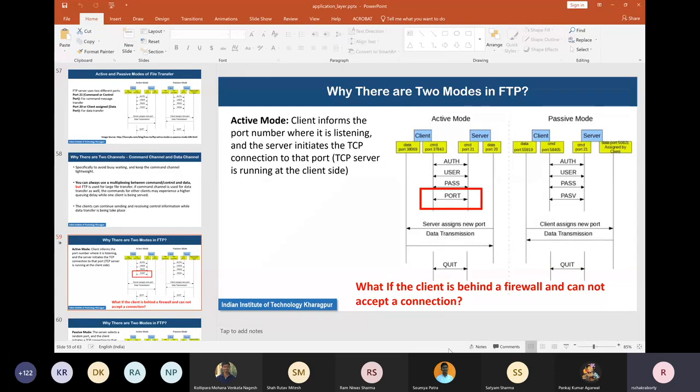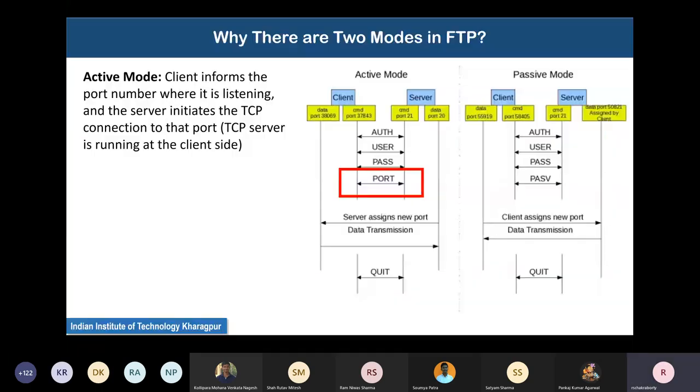At some point in the active mode FTP, the PORT command is issued by which the client informs the server that a data connection has to be initiated by the server at some port. In the diagram, that port is 38069, and the server initiates the data connection,